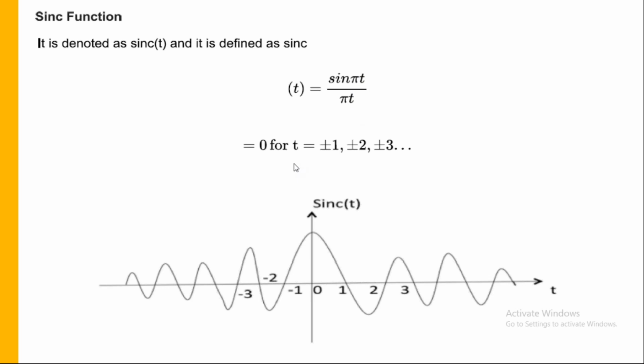And now this t is varying for all the values. Now observe, when I have sine pi x by pi x, this function is going to give a difficult solution for us. Suppose we plot the waveform at t equal to 0. Actually sine 0, which is 0, divided by 0, that means 0 by 0, which is an indeterminate form, which you already know, right? 0 by 0 form, which we call an indeterminate form.